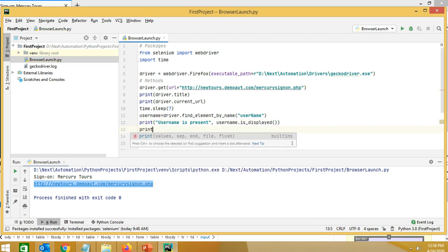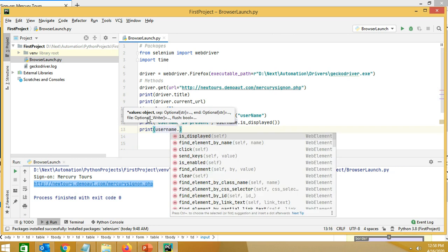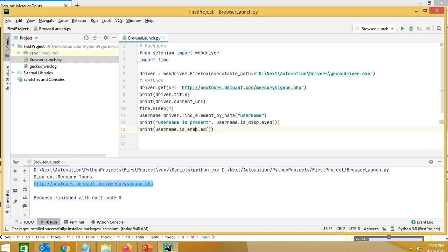And if we want to check whether the username field is editable or not, use is_enabled, and with that we can append "username is editable".